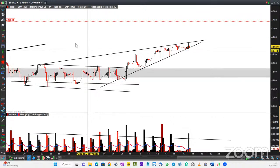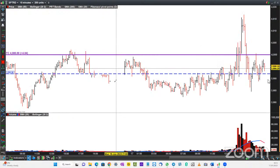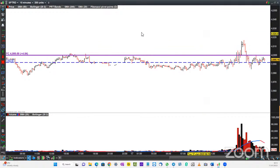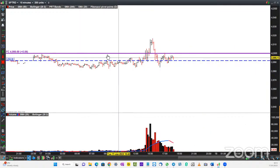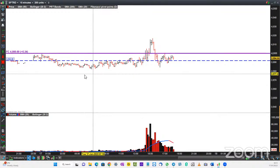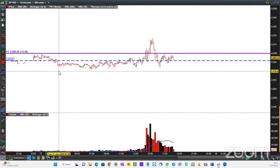So that's another aspect of this. Let's just look at what this market's done today. Let's have a look at how the S&Ps are behaving today. So the 10-minute chart, a couple of key pivot support and resistance there. So 39.92 and 4,000 are